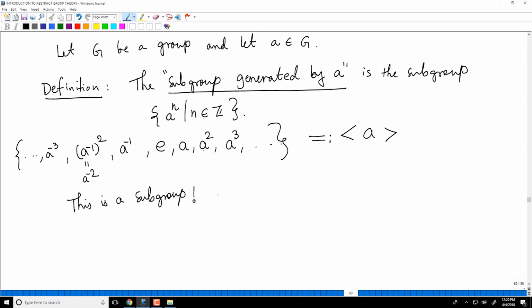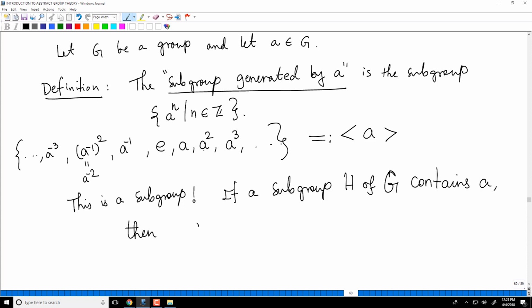Not only that, if a subgroup H of G contains A, then A power n is in H for every integer.